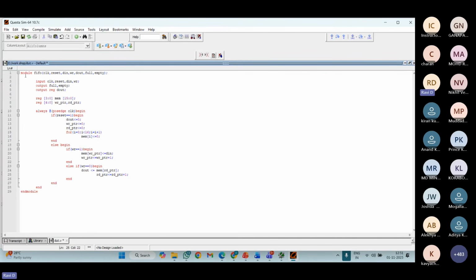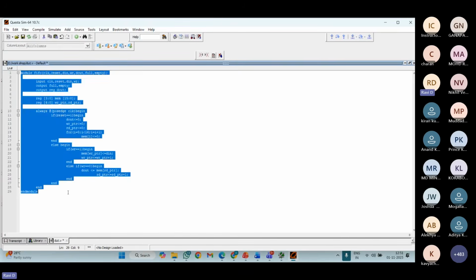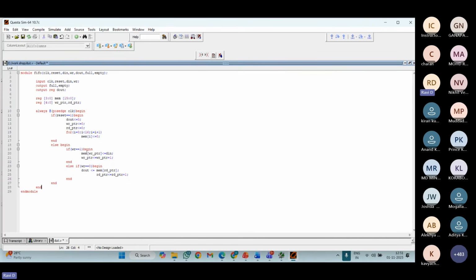After finishing all my logic, I didn't write any full and empty condition, right? I can write the data when my write enable signal equals 1. If I want to write the data, my memory should have some space.